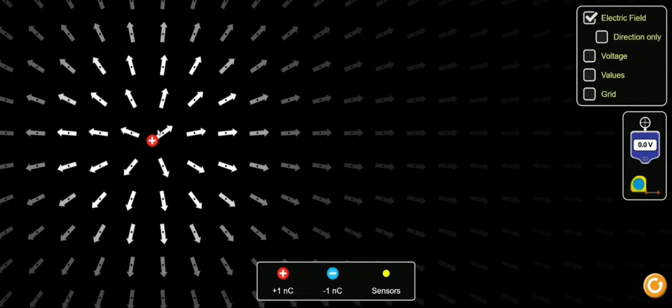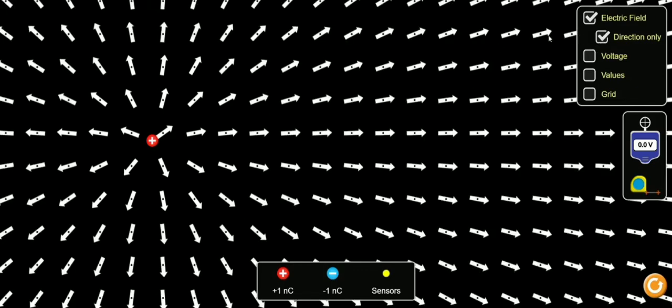We know that E is equal to q by 4 pi epsilon naught r squared. So closer to the charge, that is, when the distance between the charge and the observation point is very small, we have a stronger field. If the distance increases like this, what happens? We have less field. Now, the direction everywhere is going out.